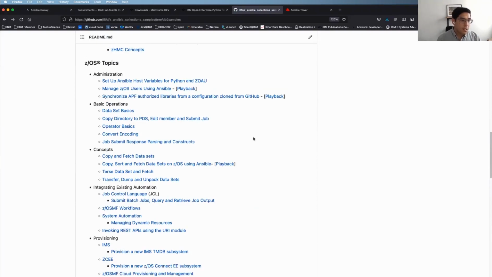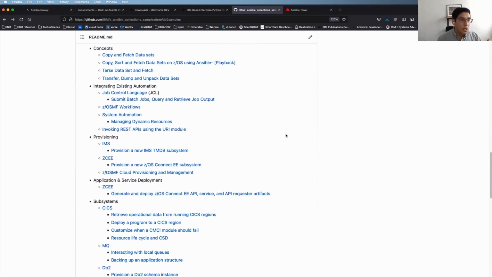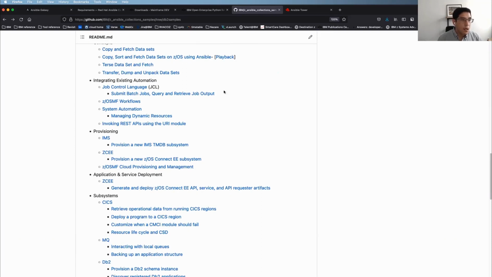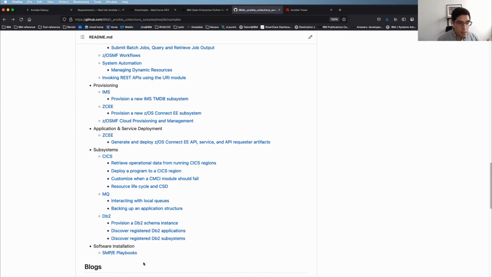So as you can see, some basic things starting up front, and then we start getting into some of the more intermediate or advanced use cases, right? Where we're using things like z/OSMF workflows or working with system automation, defining dynamic resources, and then talking about various subsystems like IMS, z/OS Connect, MQ, DB2, where we've got a number of different provisioning samples, as well as application deployment or artifact generation samples,